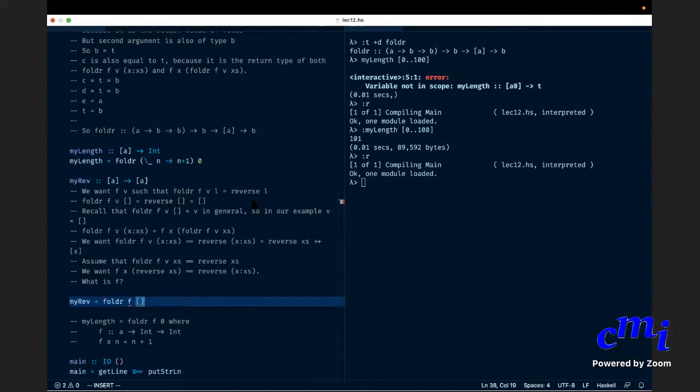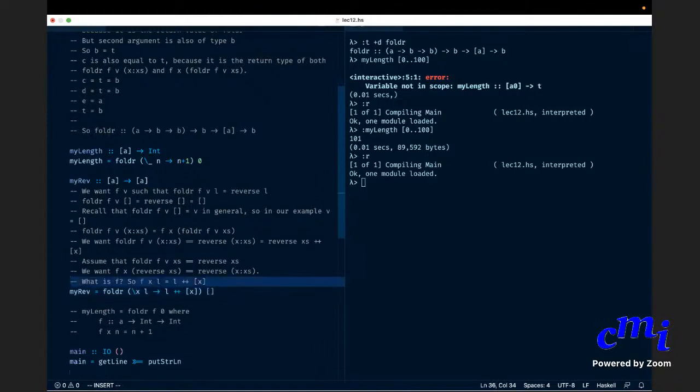Always. So therefore, f x l equals l plus plus singleton list x. But of course, we'll write it as an anonymous function. How will you write it? Backslash x l arrow l plus plus singleton list x. That's it. So you can go here and check my reverse.